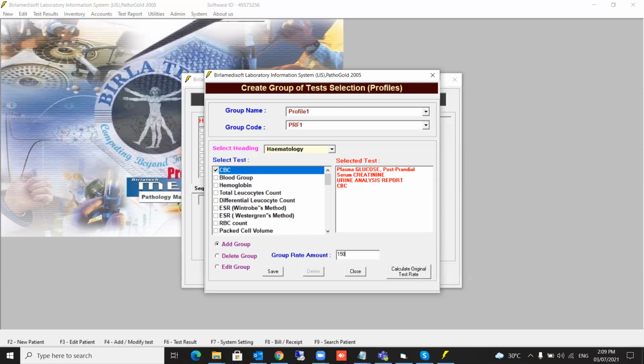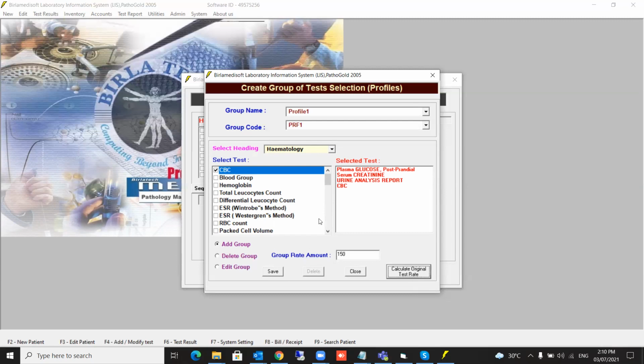It will not be individual test rates, it will be group test rate applied. Now, if you forgot the original rate for these tests, you can say calculate original test rate. It will automatically come back and give you the original test rate also. Okay. Now let's say 150 will come up now, and save it.